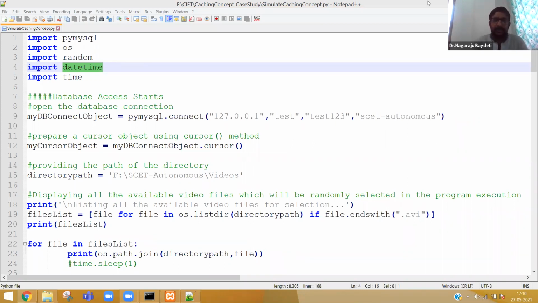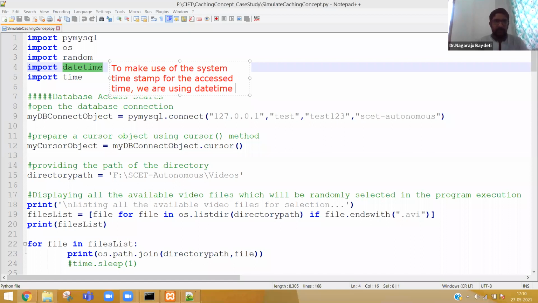Okay. Why do we need the timestamp? I think you guys might have already understood. To make use of the system timestamp for the access time, we are using the datetime module.